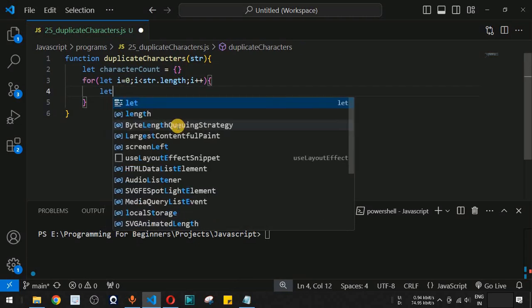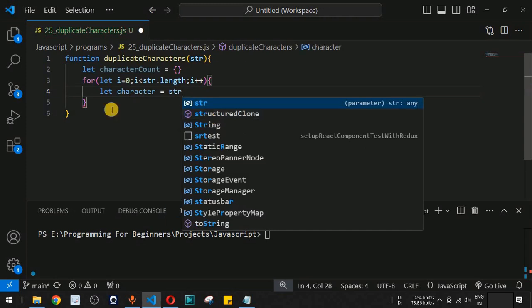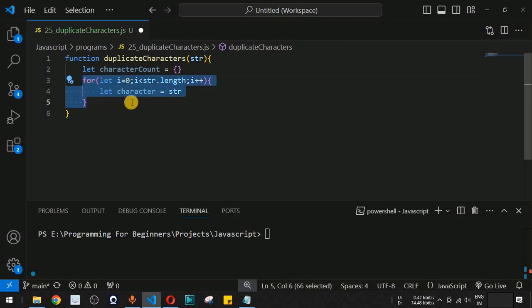Now guys, first of all we need to extract the character from this particular string. So let us say we have the character over here as the variable, and then it is equal to, every time the interpreter comes inside this for loop throughout the length of the string, it is going to have the i value over here, which will help us in order to get the characters inside the string. So guys, over here we will assign the value, that is str[i], to the character every time, and then guys, using this character as the key for this particular map, that is character count, we can find all the duplicate characters. So guys, how we can do that?